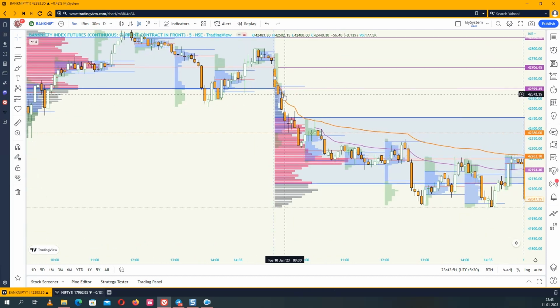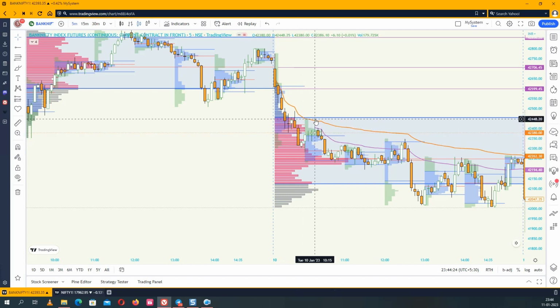When I had taken the short trade, I simply drew the anchored VWAP from the opening candle. That anchored VWAP will be the day VWAP as well, right? After taking PE, we had a nice follow through to the downside. After reaching 42,312, the market tried to go above and tested that VWAP and rejected nicely, which shows that okay, the seller is strong today and we'll have some trend day down,